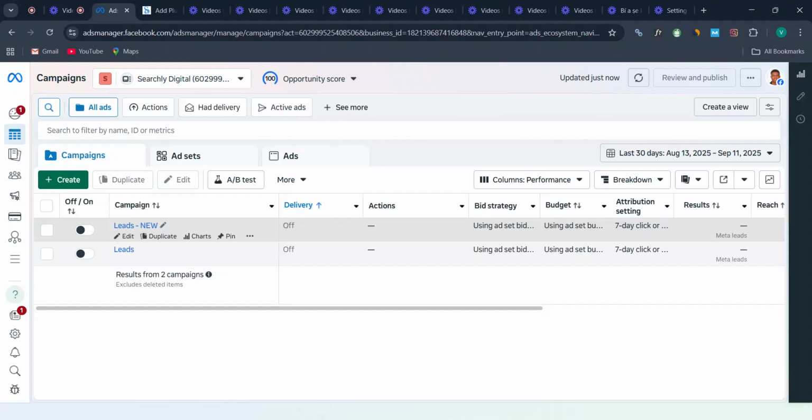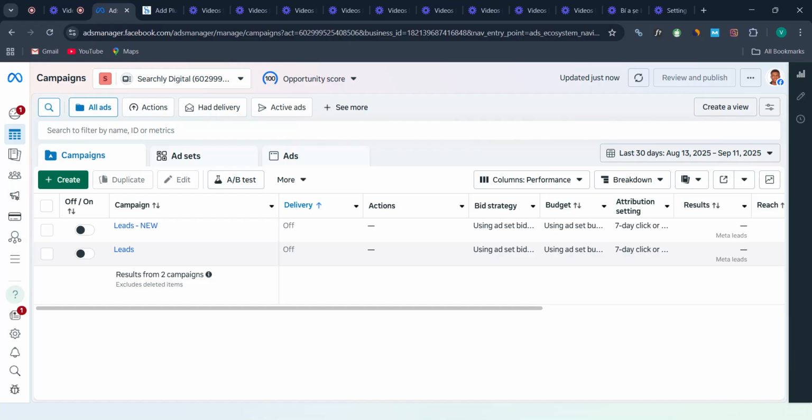Welcome to this course. In this course, I'm going to show you how to install Metapixel for tracking. This is important. It will help you to track your leads, your sales, and action on your website. But the first thing you need to do is type in this URL on your browser at